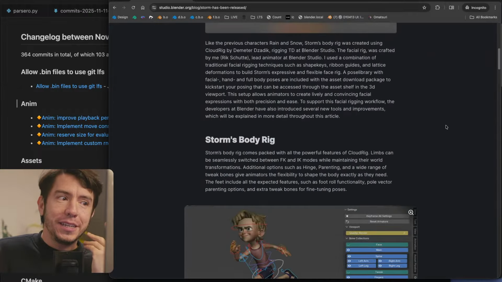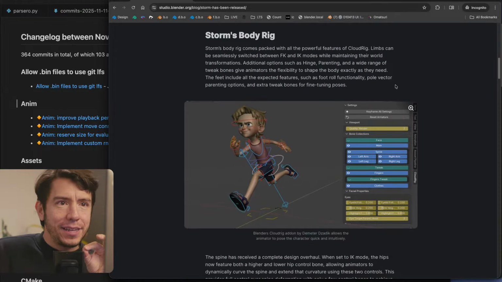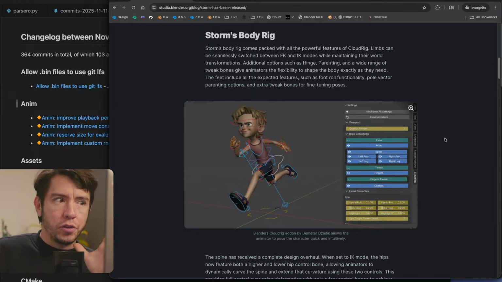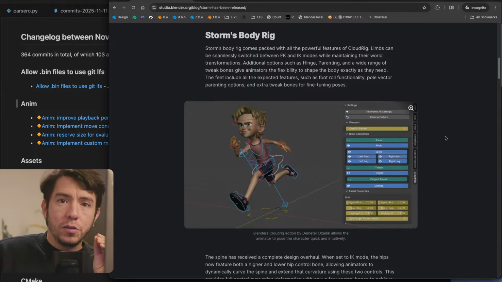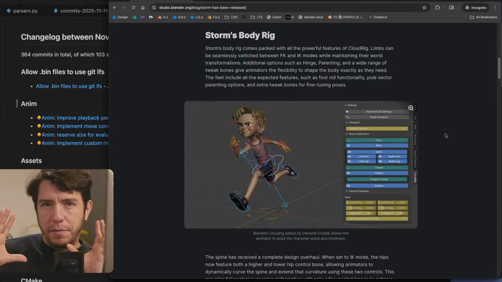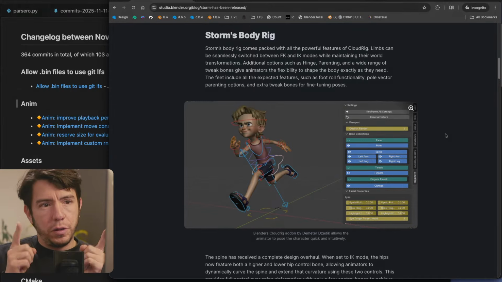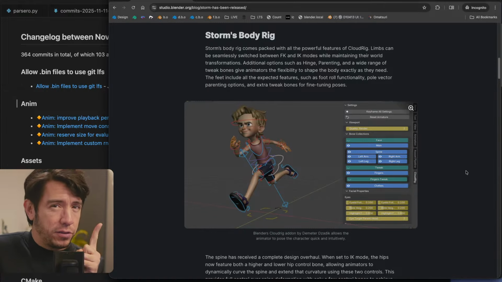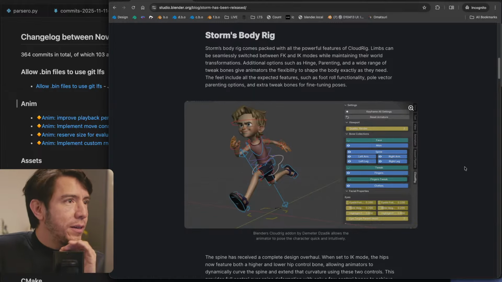So the blog post is free, and inside there's the explanation on the Storm rig. It's a complete new character, fully rigged, and this is related to the advanced facial rigging course that I mentioned that will come to the Blender Studio website next year before 5.1. But this one, it's awesome.